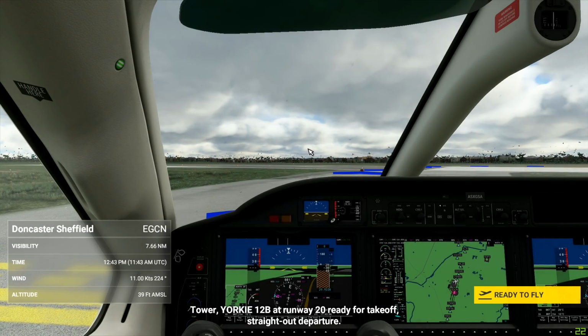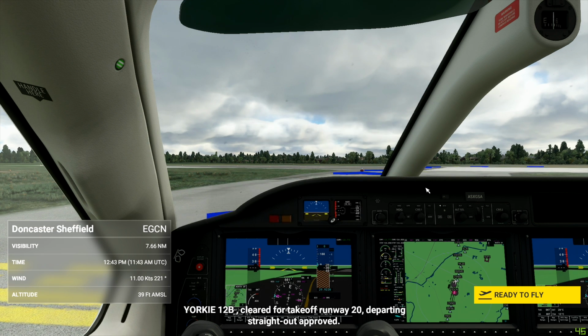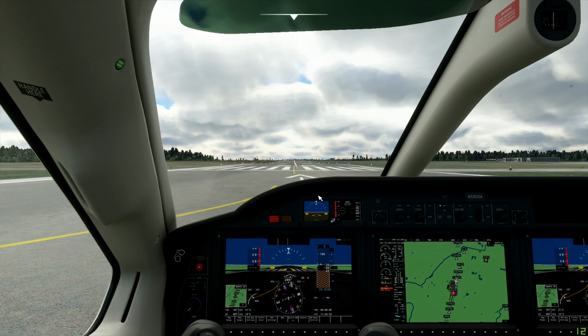So here we go. Tower, Yorkie 12 Bravo at runway 20 ready for takeoff straight out. And what will happen is, you can turn off the blue guide sort of things, but the aircraft will automatically taxi its way onto the runway. And we've got the cruise speed, max altitude, endurance, range, and things like that. Tells you the visibility, the time, the wind, the altitude. We'll click ready to fly. And here we are